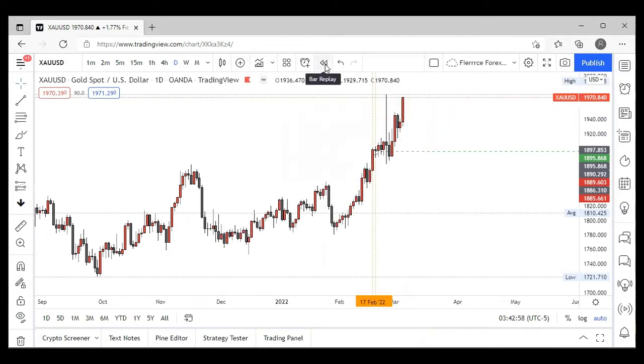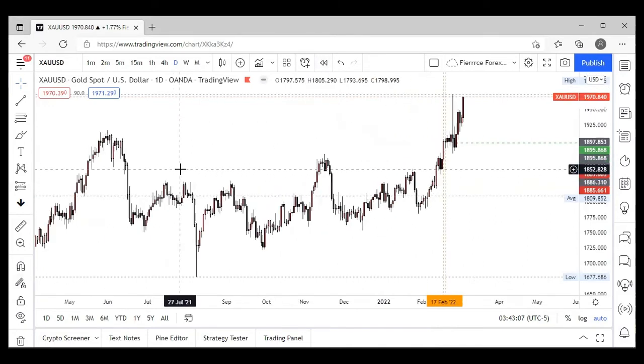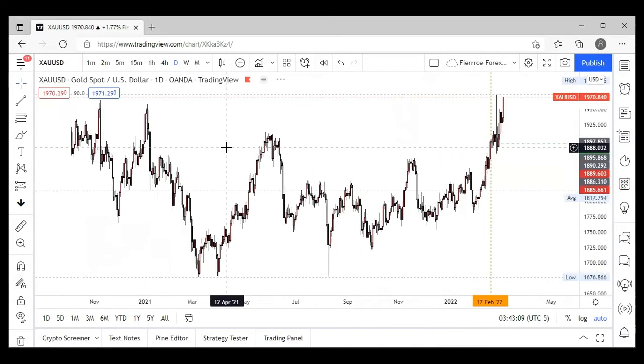So next here we have the bar replay button. Now this usually works if you are subscribed to a plan. So let me just show you for example, and it's very good for back testing. Okay, if I want to back test,